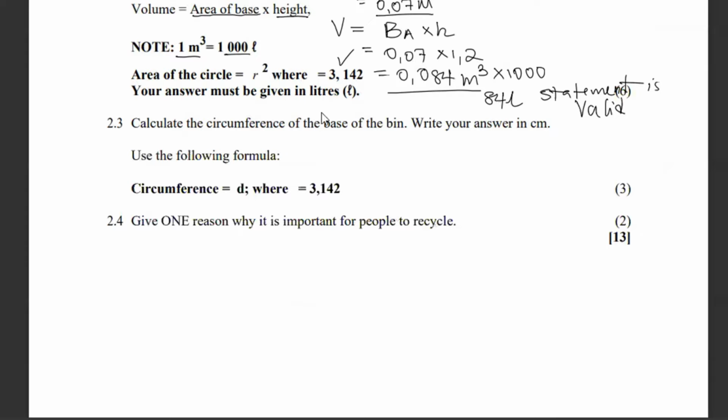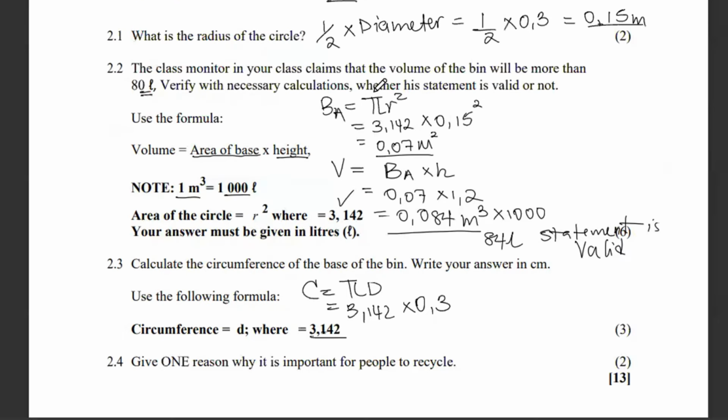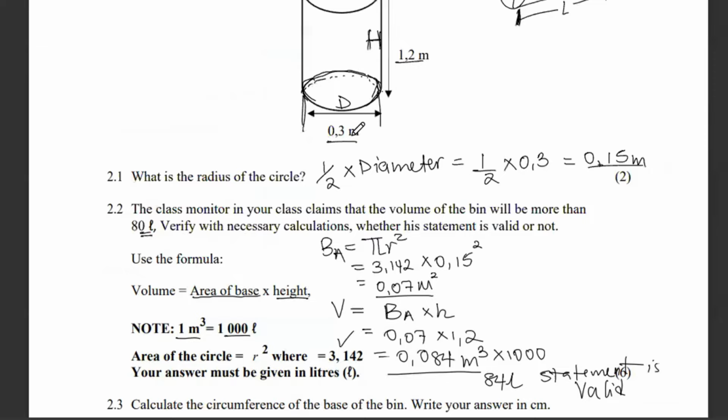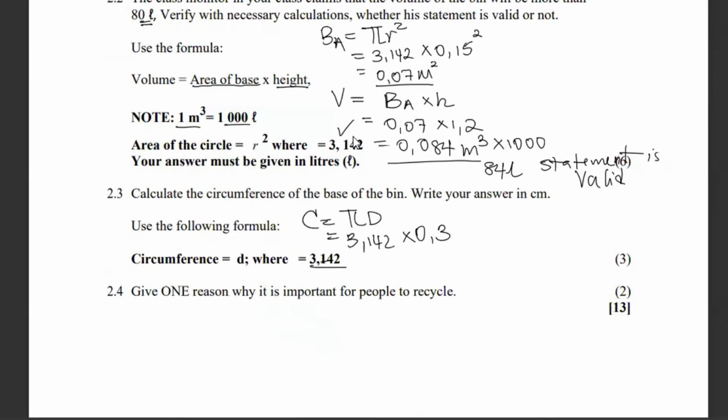So we are going to say, they have already told you, circumference of a circle equals pi D, where pi is this one here, which is that much, times the diameter. The diameter, we already saw it at 0,3. So we come here, and the answer became